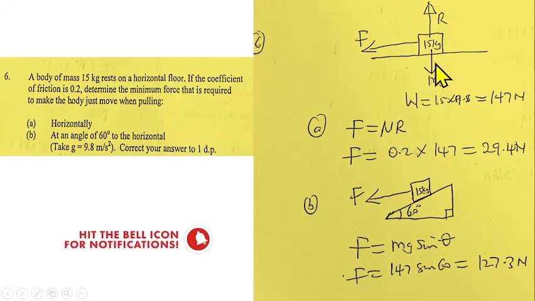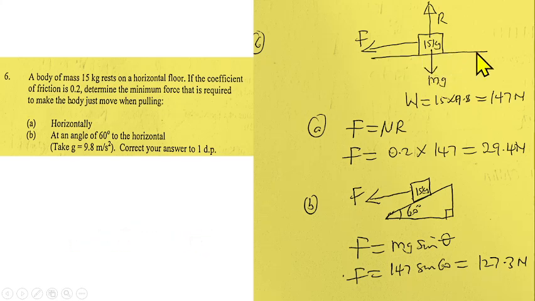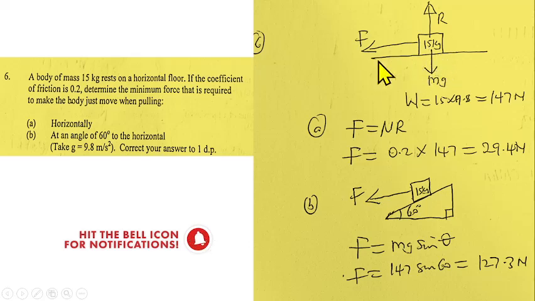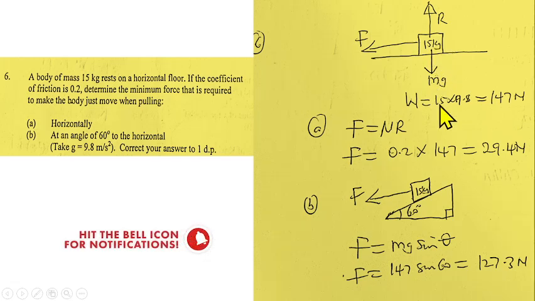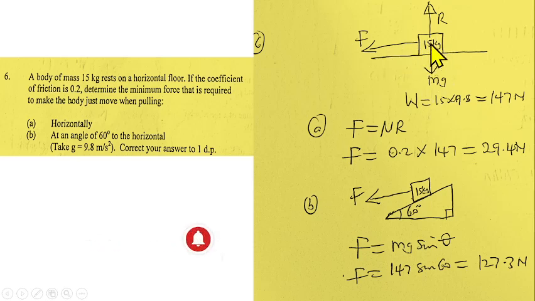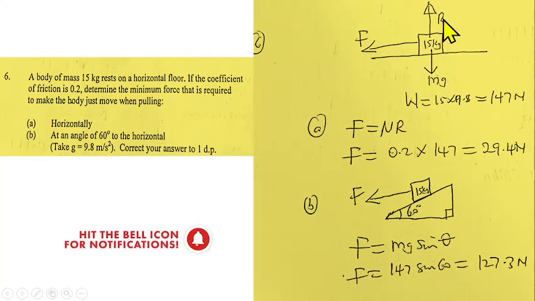Now, according to the third law of motion, for every action there is an equal and opposite reaction. So there should be a reaction against this mass from the horizontal floor, opposite to the weight of this mass. That is R, and they are going to be equal. Because if the weight is greater than the reaction, the mass will cave in. But if they are equal, the mass will stay on the floor. So this reaction R should be equal to the weight of